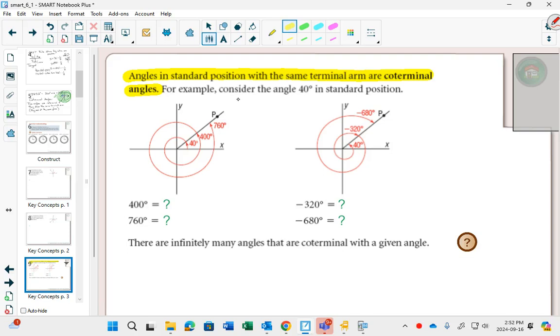We can highlight it. So if you had 40 degrees and you added 360, you would get to 400 and you would end in the same spot, right? And if you added 360 again, you would get to 760. We can also subtract 360 to end in the same spot. So if you're asked to ever find an angle coterminal with something else, you could just add 360 or subtract 360 as many times as you want, okay? But they're still different angles,